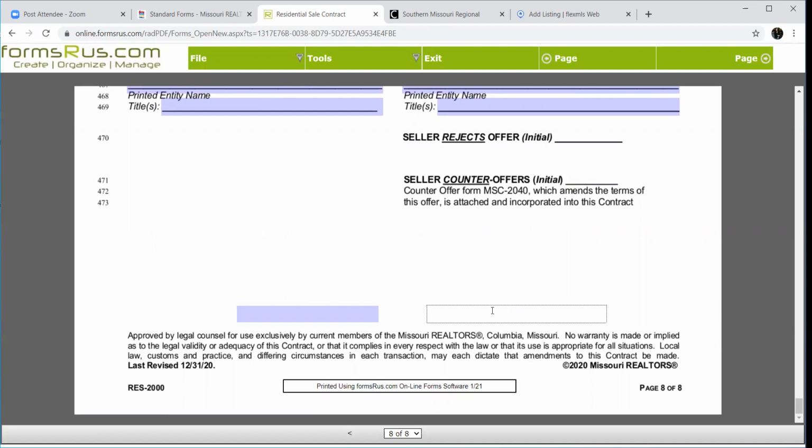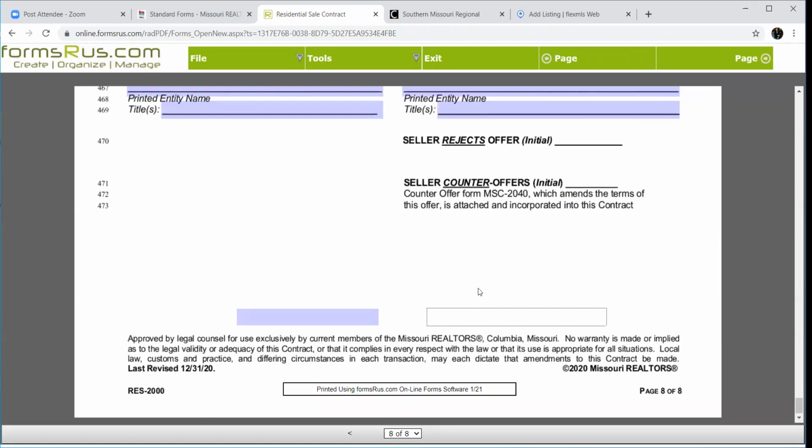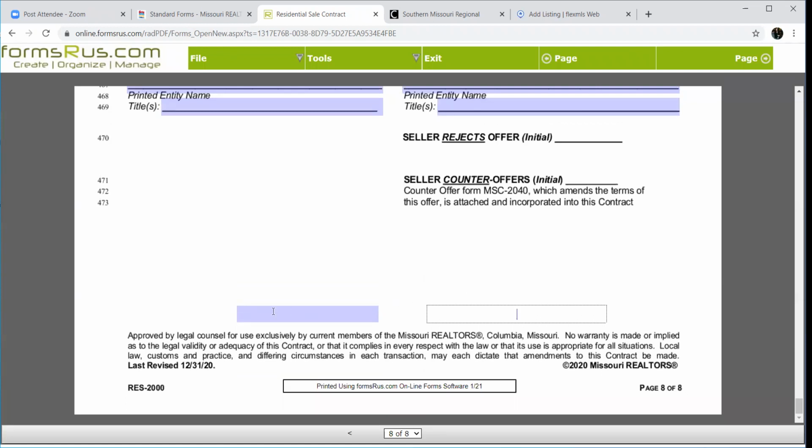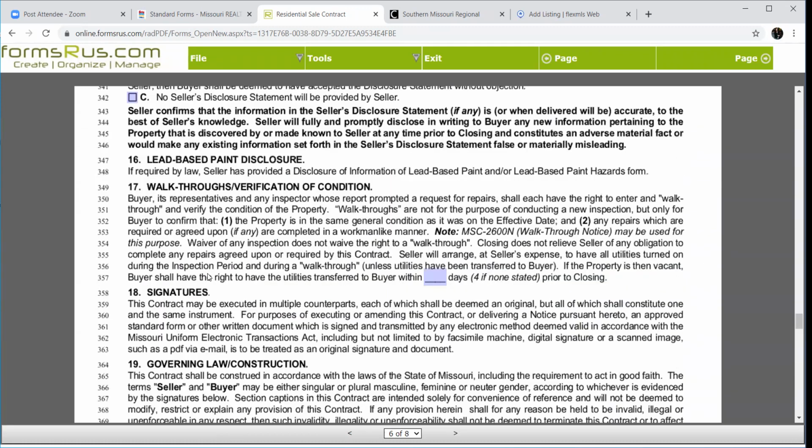They just redlined that whole thing, which is good. And another thing, since it doesn't have it in here, they took out the earnest money receipt that used to be here for you guys when you got the earnest money. Now I would encourage you to use the earnest money receipt form, I can't even remember what it's called.